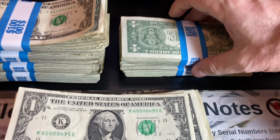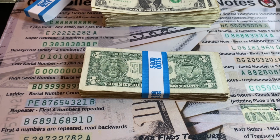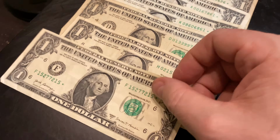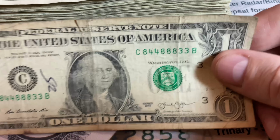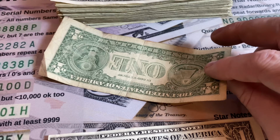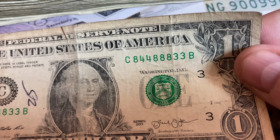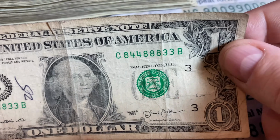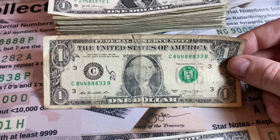2 more straps to go. Let's see what we get. Strap number 9 at least gave us a star note, number 6. It also gave us kind of a cool bill, but it's in such trashy shape with ink on it, I'm not going to keep it. 844-88833. This is the kind of trinary I probably would keep if it was in great condition, but in this